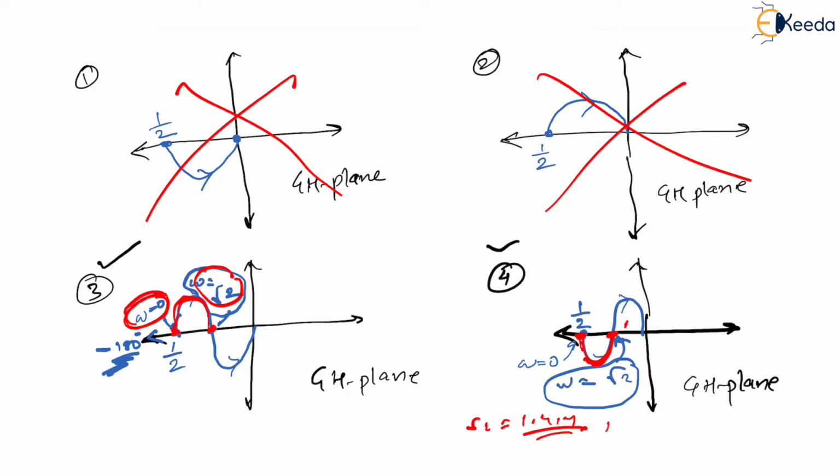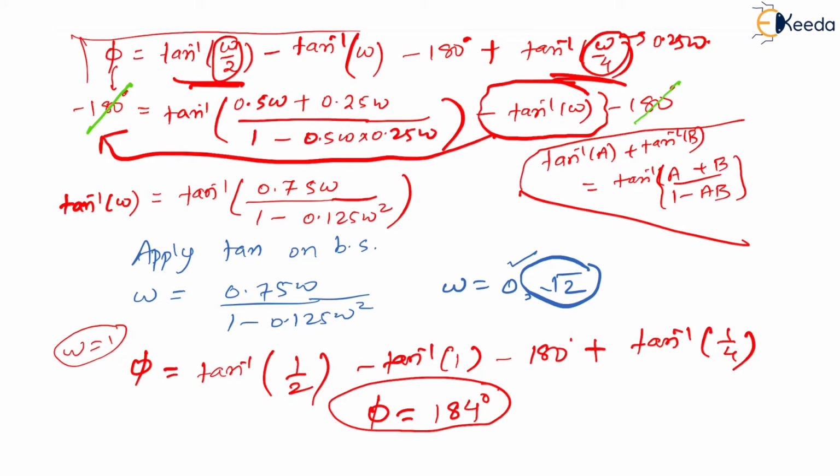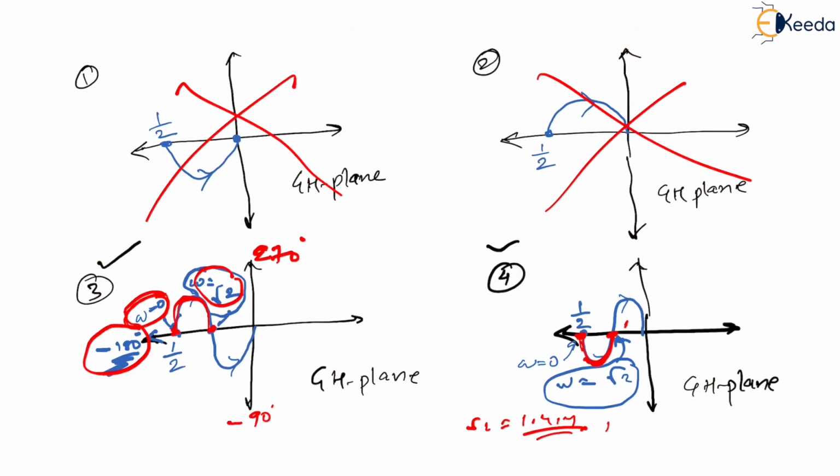So if you check out, if this is minus 180 degrees, if this is minus 90 degrees, right? This is plus 90 degrees, or we can say 270 degrees, right? This means that minus 184 degrees, where does that come? Minus 184 degrees should come here somewhere,